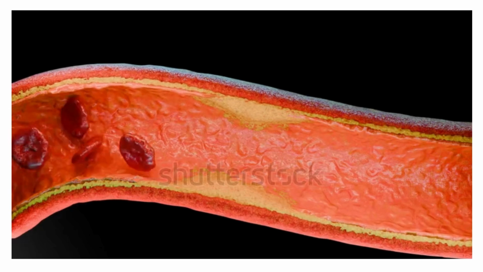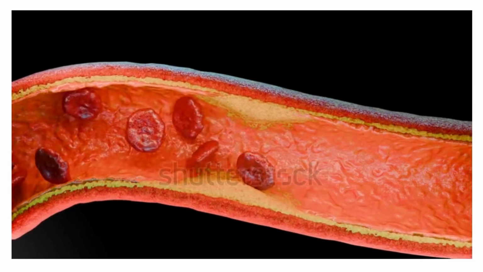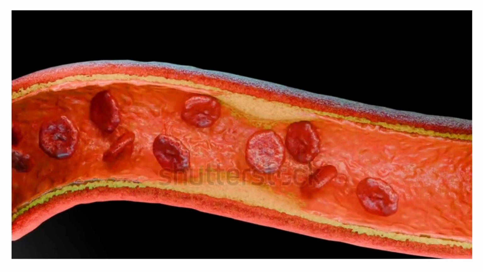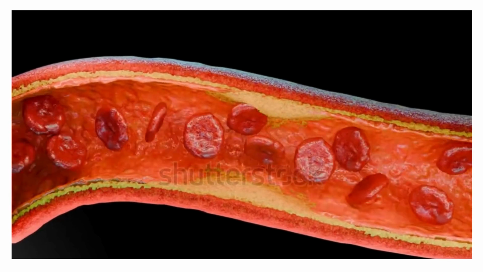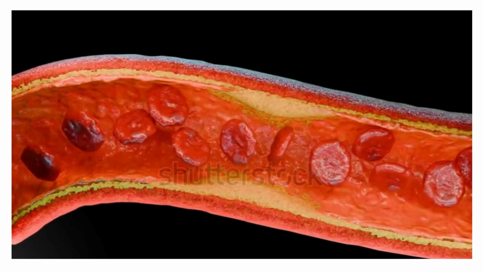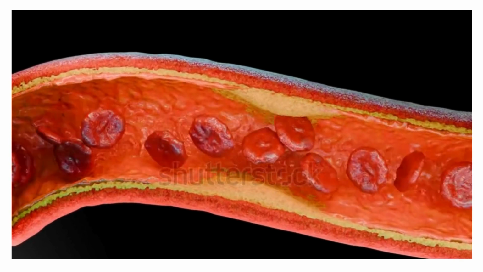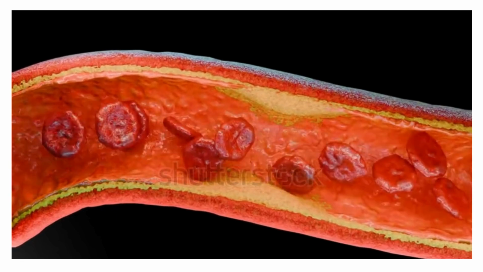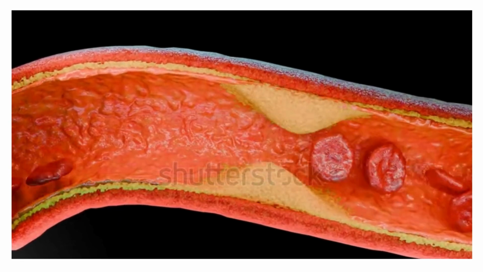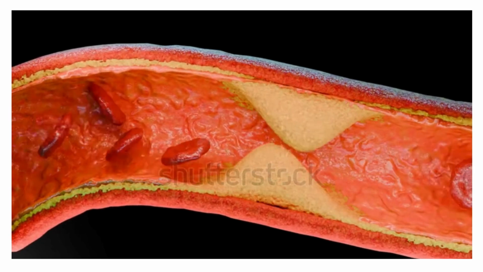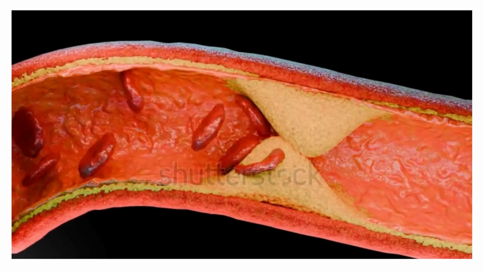Heart attack is a severe manifestation of coronary heart disease. It happens when plaque ruptures inside the wall of coronary arteries. When plaque ruptures, it will form a clot. Clot will block the blood flow to the heart. There will be a sudden decrease in the blood supply to the heart. Heart does not get enough oxygen and nutrients. Heart cells start dying. It's a medical emergency.